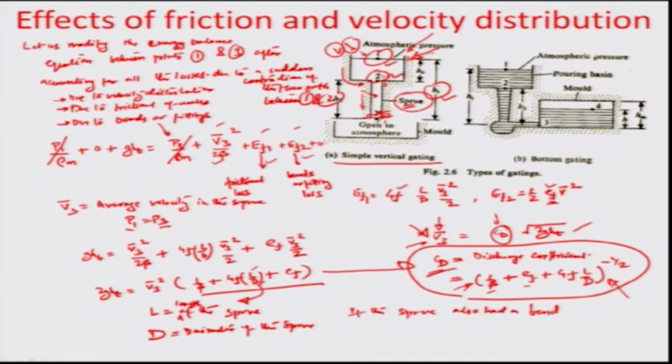Rather, it is preferable to have a misaligned pouring basin and sprue somewhere here, and a bend provided in the pipe which connects and still makes it top gating, because the gating provides the material flow at the top of the mold right about here, and everything else can start in an off-shifted manner from the actual mold cavity. From an engineering perspective, that becomes a pretty good exercise. So, if the sprue also had a bend or a fitting,